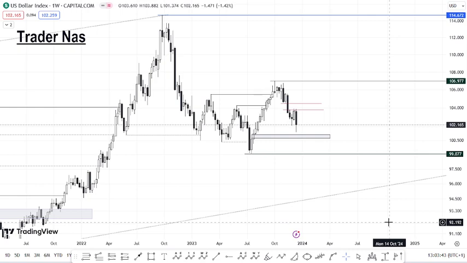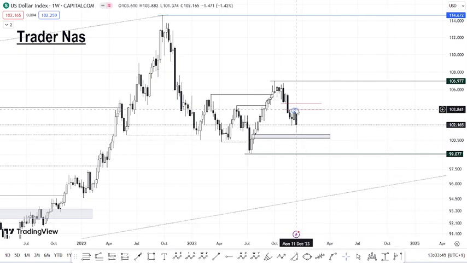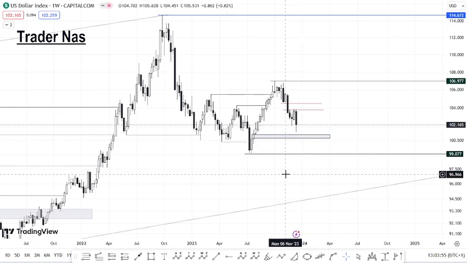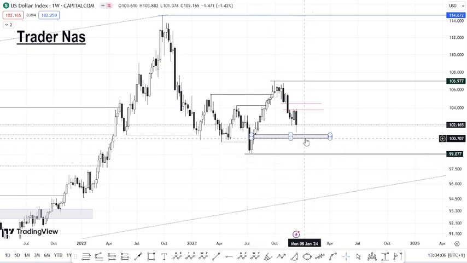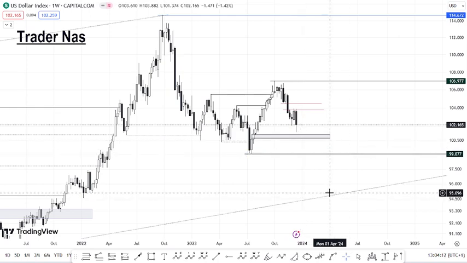So price acted as resistance at this fair value, bounced back, and dropped to this low, and then buyers started to push the price up. Why did price push back up, guys? Anything that happens in the market has a reason behind it, so you have to be very careful. Currently I'm looking at this zone. If price could break this zone, my target is this zone, and if price could break this zone, my target is this price channel here.